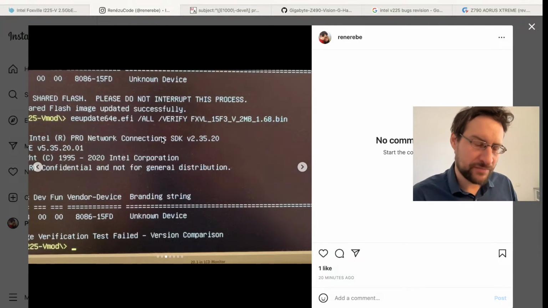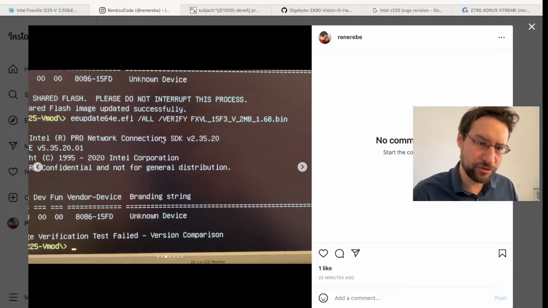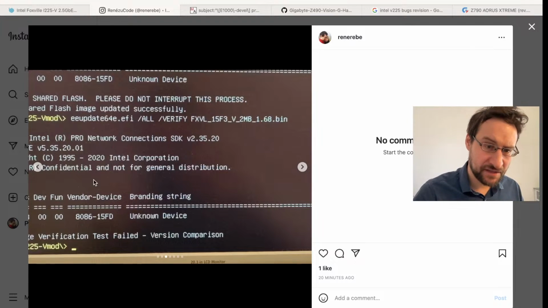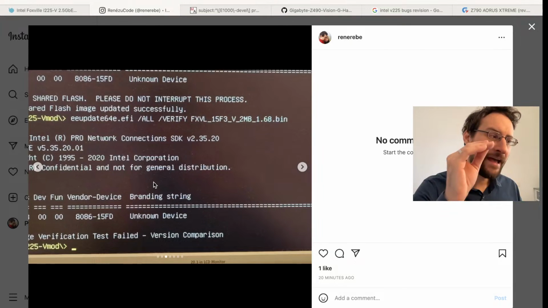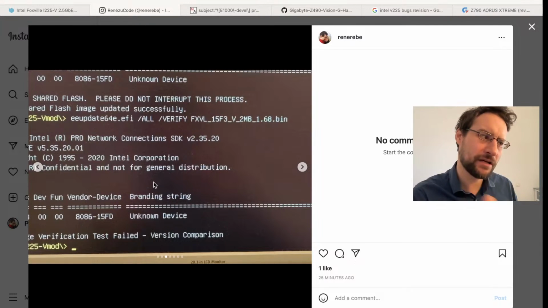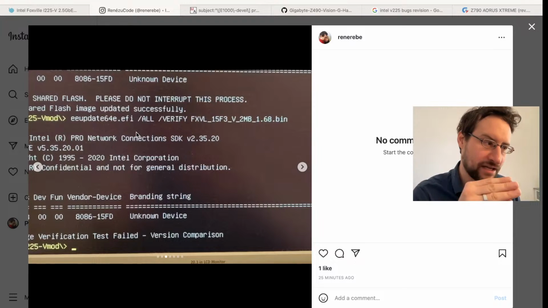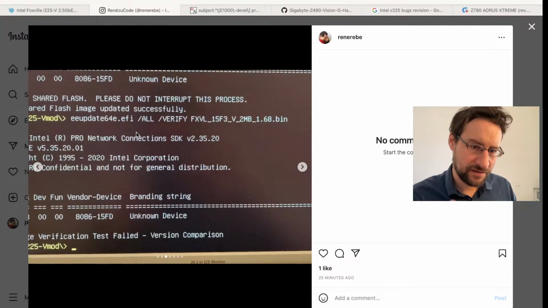And one pro tip, so obviously this device needs a reset, right? If you just flash the firmware, it will not work. The embedded firmware needs to reboot. I'm not sure if this e update 64e has a /reset device option or so. I think I tried it. As far as I remember, that probably wasn't enough, right? So after flashing this, if you then use /verify this firmware, also